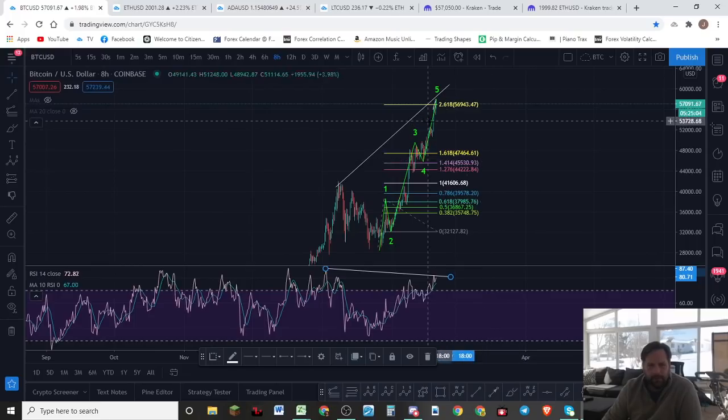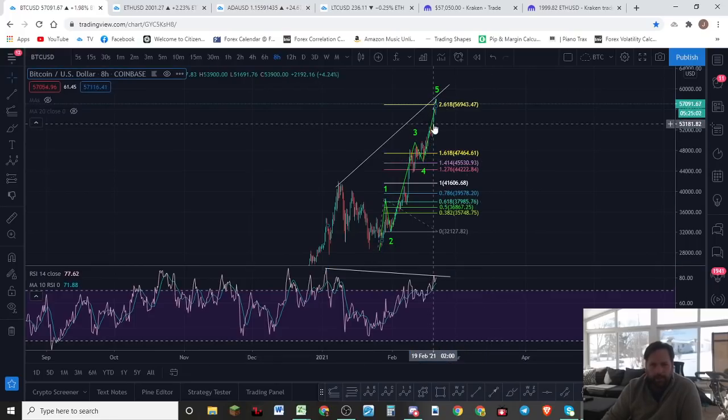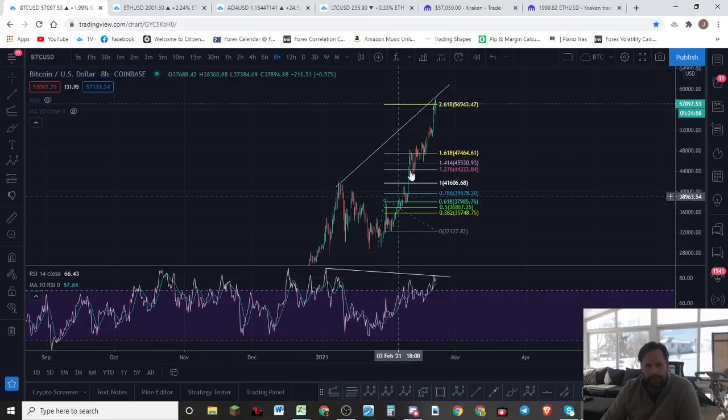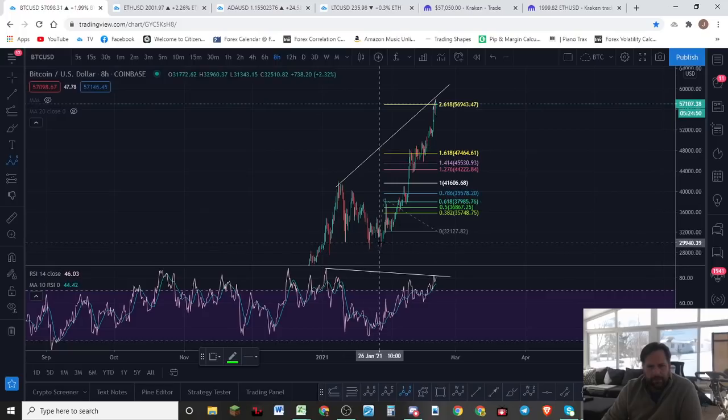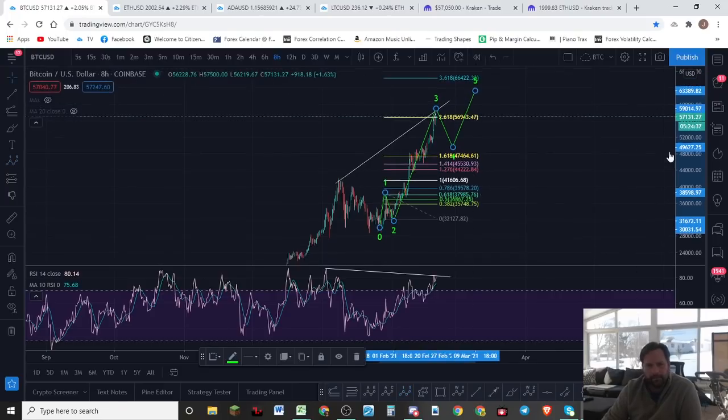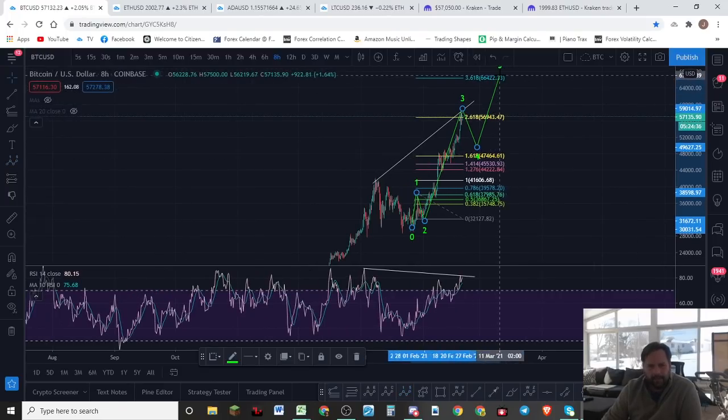And then let me talk about another potential now. Instead of this being a completed 5-wave, this 2618 fib that we have right here could be the top of the 3rd wave, just like we were just talking about in Ethereum. Okay, so we could be talking like 1, 2, all that's 3 right there. And we're going to get a move back down to about 48K, the top of this range, and then back up for our last and final wave.